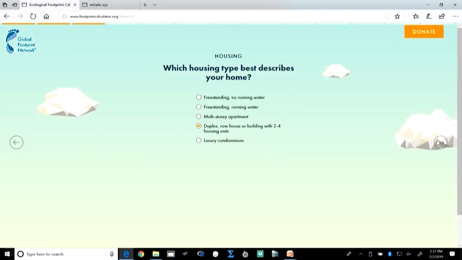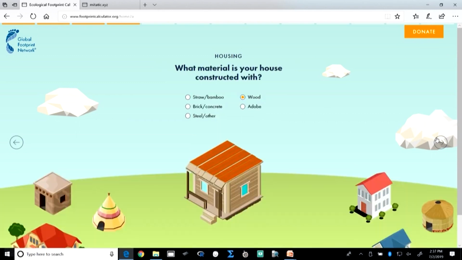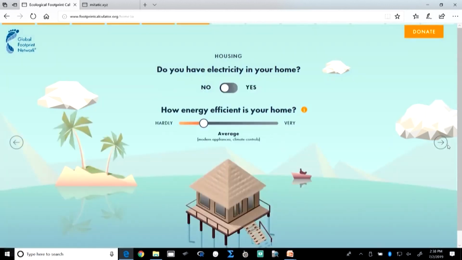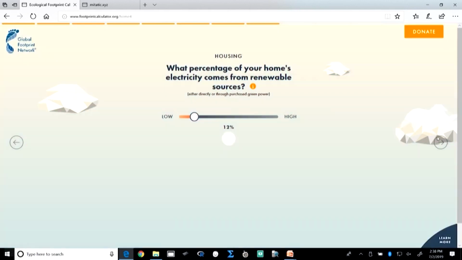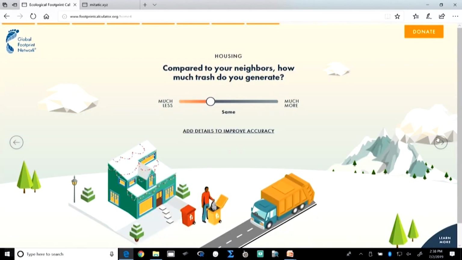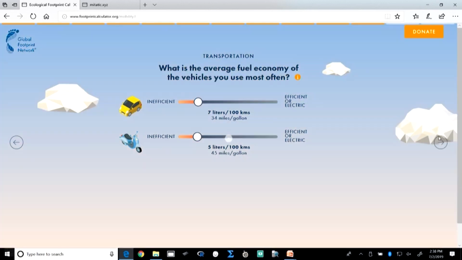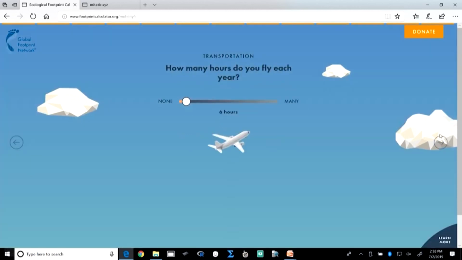from where the food is procured, to the kind of housing we live in and the materials we are using, the per capita space being consumed, and also the electricity consumption inside the home, the kind of appliances we are using, and the type of electricity used, whether it is renewable or from non-renewable sources, the type of waste we generate and the amount of waste we recycle, the kind of transportation mode we use, car, scooter, bicycle, and the efficiency of the car that we drive, whether we carpool or use public transportation,